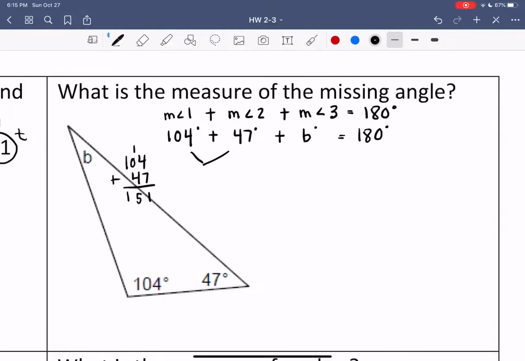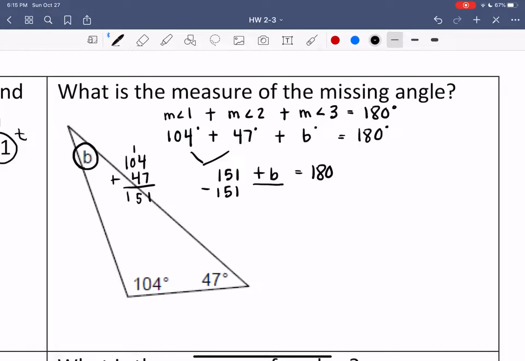So 151 plus B equals 180. So now, in order to find B, which is the angle they're looking for, we're going